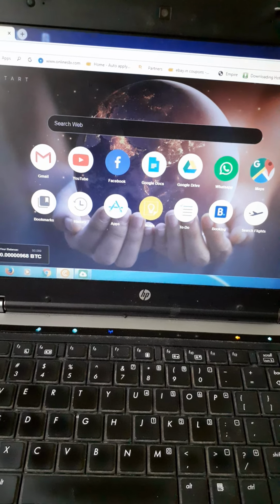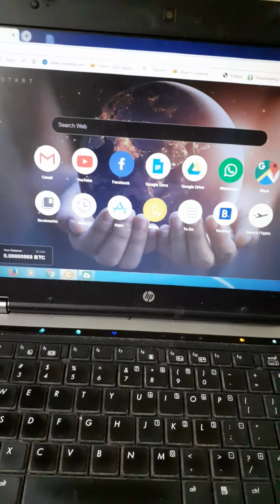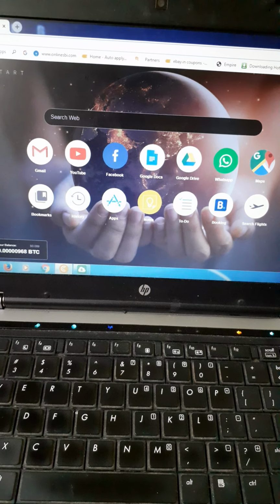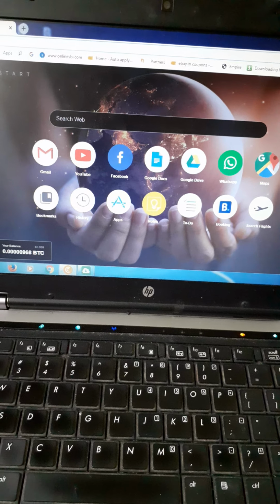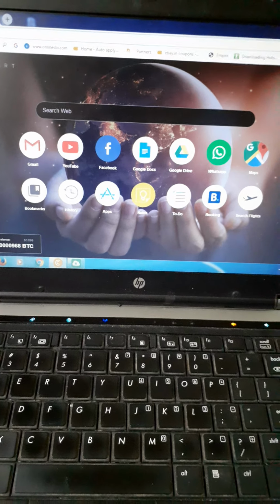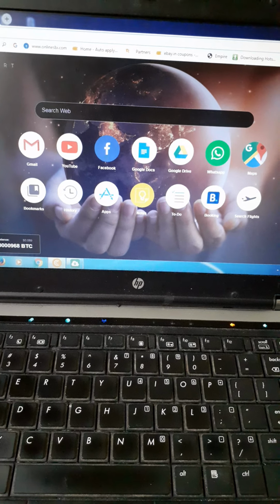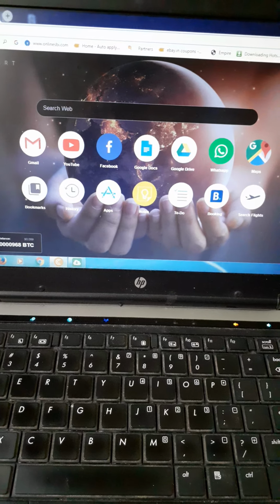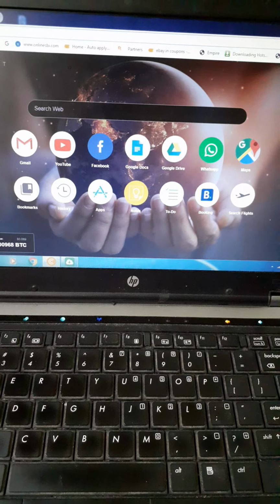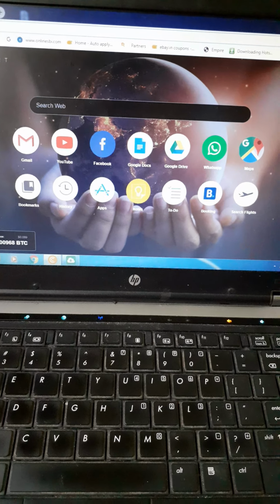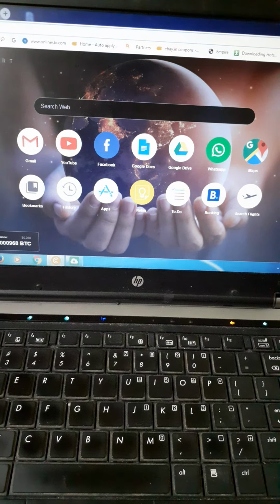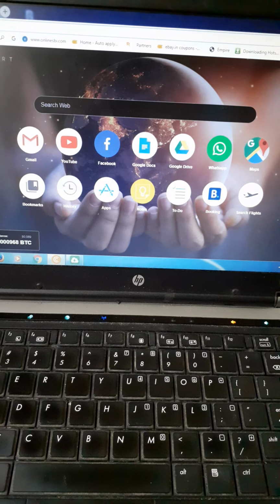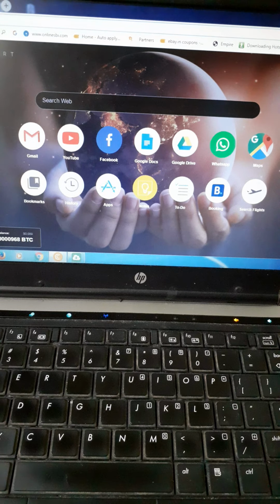The second one is we have to add students into the class. After creation of the class, we have to add students into the class. Then after adding students, we have to invite them into the class. The third step is to invite into the class, and the fourth one is sending the class code to students. How to send the class code to students, we also have to know.